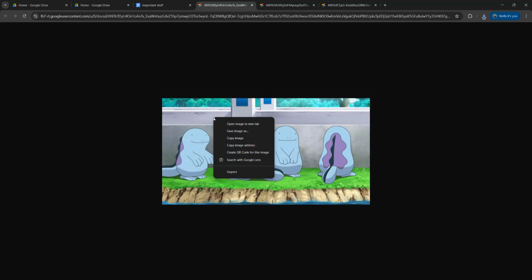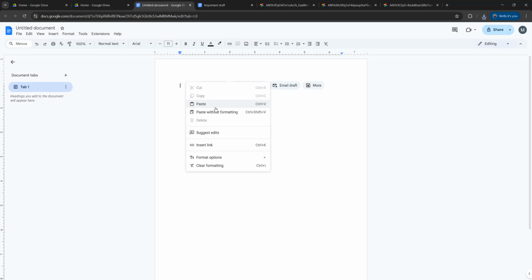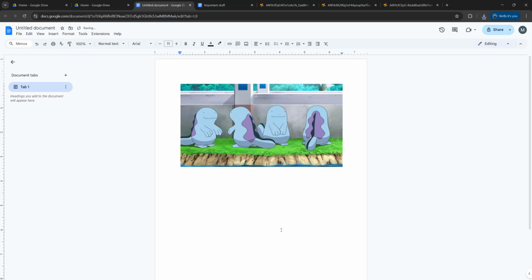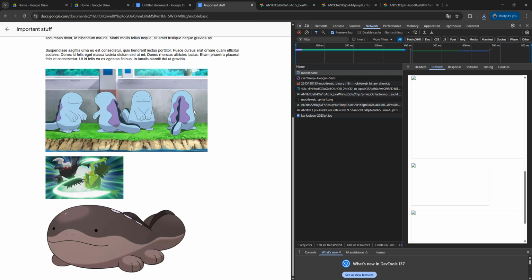And like I said before, we can right click and click on Copy. We can then make a new Google Doc. We can right click and click on Paste, and now we've copy and pasted it from the view-only Google Doc